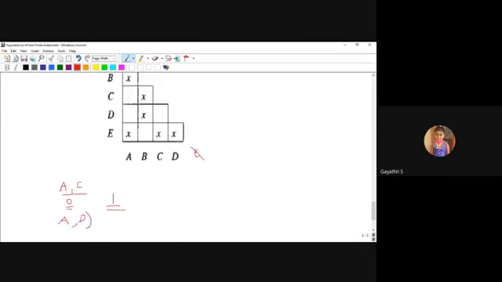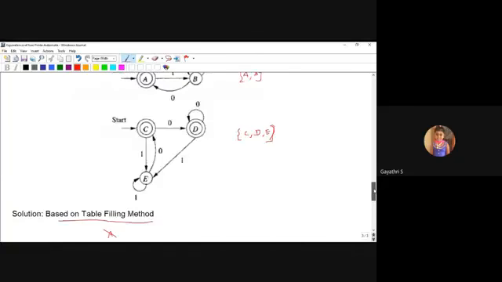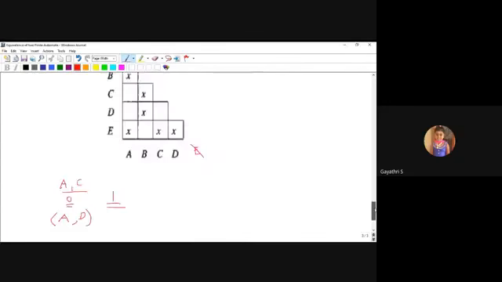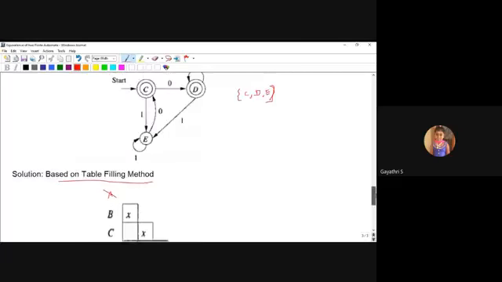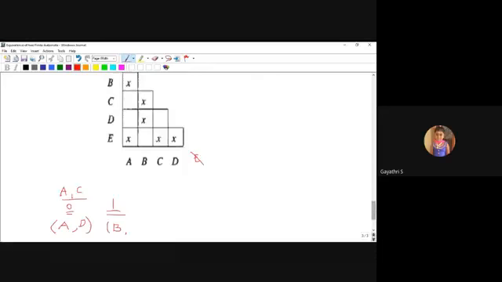Okay. Next, A on 1, B only. C on 1, E only. I'm going to check whether this pair is marked or not. AD pair, which is unmarked, BE pair, which is also unmarked. That is why AC is left as unmarked. Okay, AC, which is also unmarked.